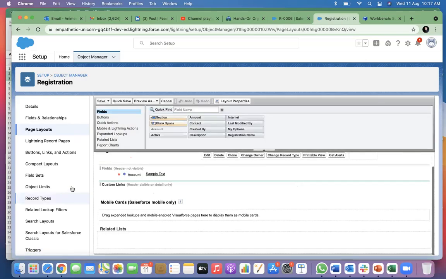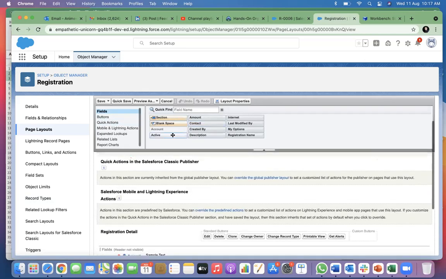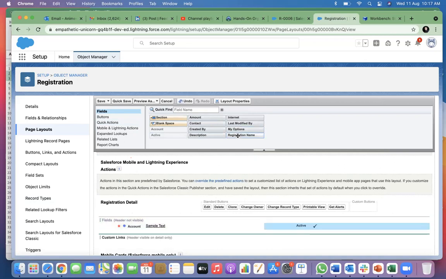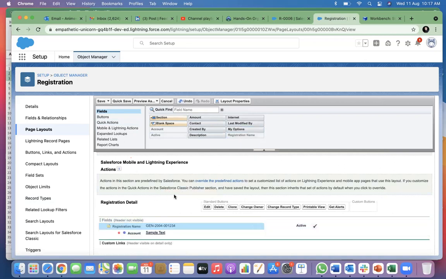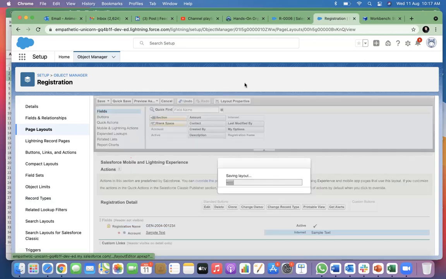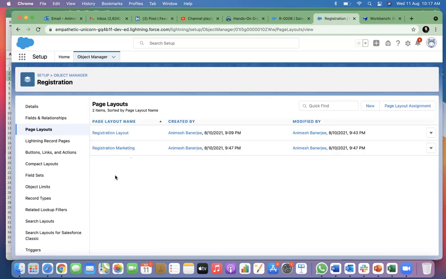So here I can choose which fields to keep and which not to keep. So I will go to the fields. Maybe I will only keep active and registration name and enter. Nothing else is needed. How do I make sure that the marketing team only sees this layout? Other people will see the other layout. This is the page layout assignment.